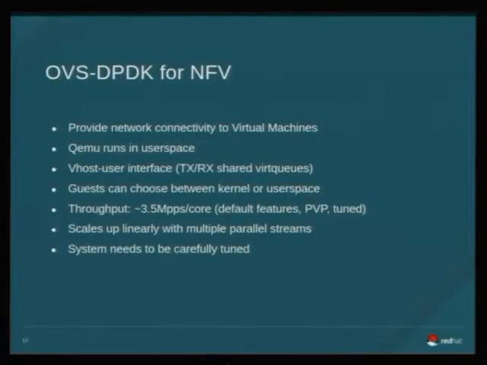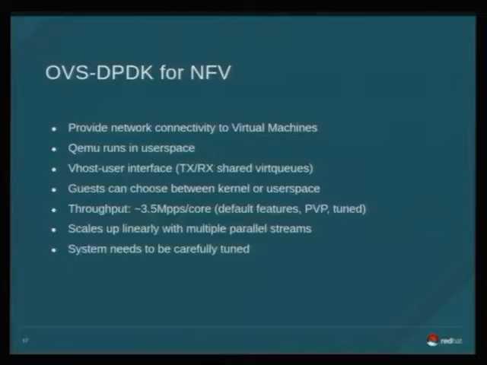We need to provide network connectivity to virtual machines. QEMU runs in user space. But now we have DPDK, we have OVS, everything is running in user space. So there is this interface called vhost user. It is a shared memory between QEMU and the virtual switch. So we can simply copy packets on this ring, and it will appear on the guest. So no kernel at all in